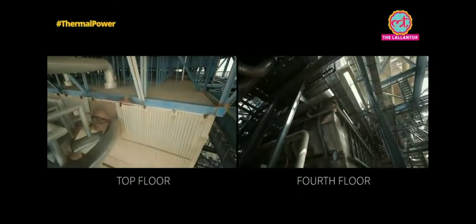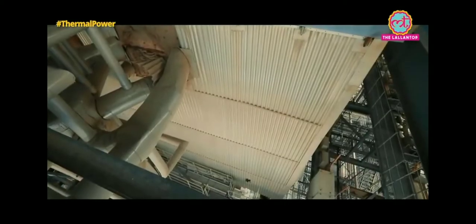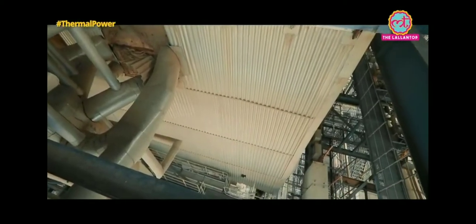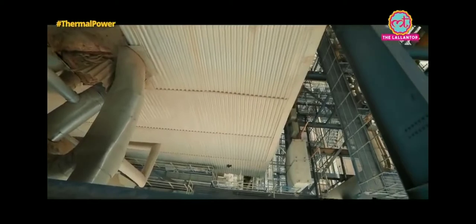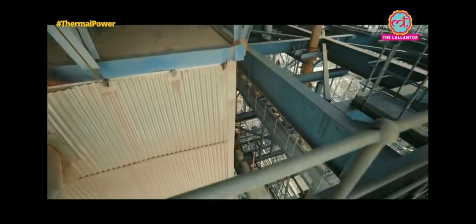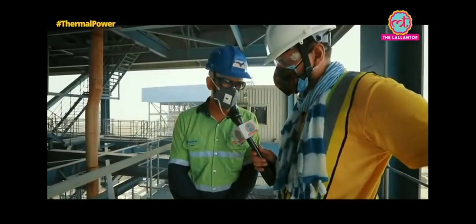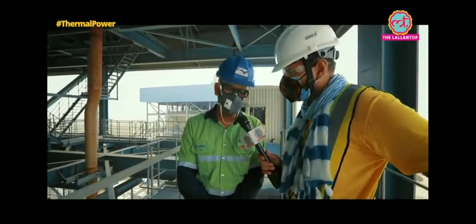Here you are able to see the boiler from a top floor. These boilers are hung from the top. They don't have a base because of expansion. In the case of operations, the expansion is done from the top to the bottom because of energy in the boiler, and all the four walls of a boiler are water walls having the tubes from which steam is passing.